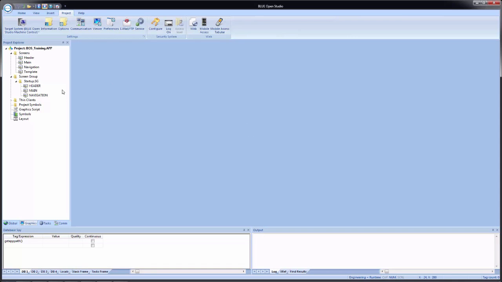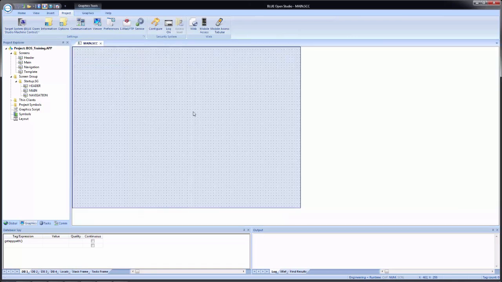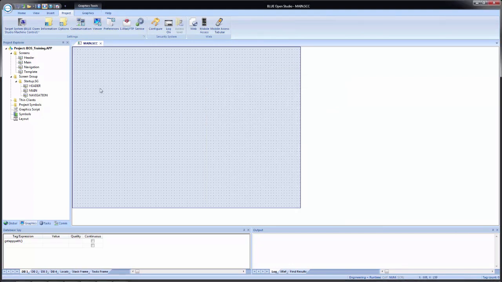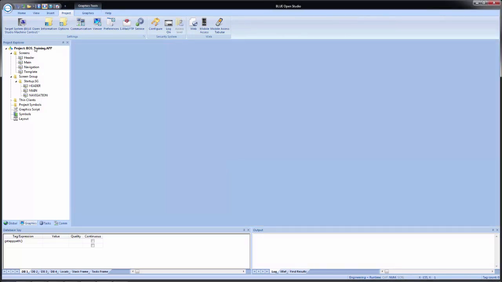So what I'm going to do is I'm going to modify the main screen attributes. If you recall, we set up the header, the main, and the navigation screens all to be a replace partial. And we laid them out to where they are side by side. But if we go into the screen attributes for the main, and we set the location of the top at 149 and the left at 149, we are now going to be overlapping the header and the navigation each by 1 pixel. So if I save and I run,